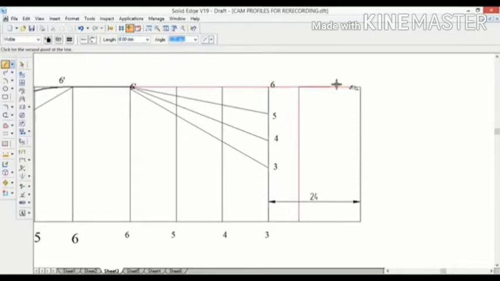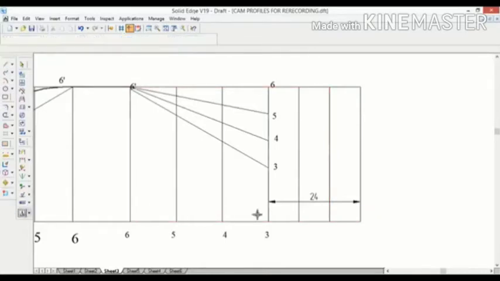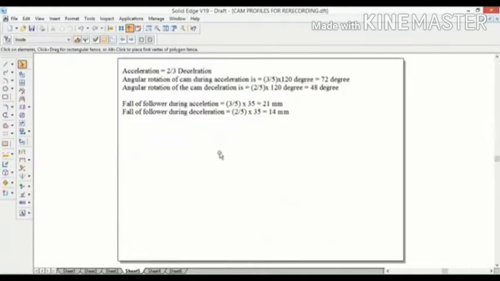Every 8 mm, 0 degree. So here we divide into three equal parts. So this is 2, 1 and 0. Since we divided the deceleration part into three equal parts, out of this lift, this part we completed as the acceleration part. The retardation part, what we left out, is 14 millimeters.